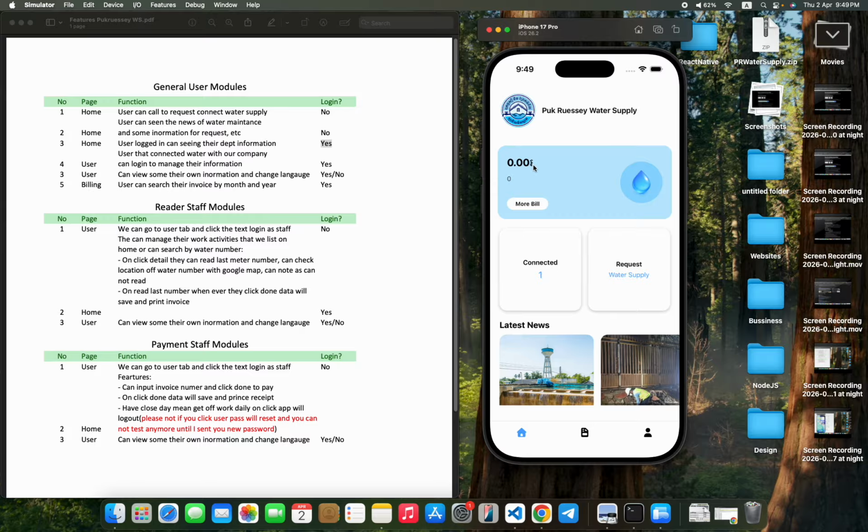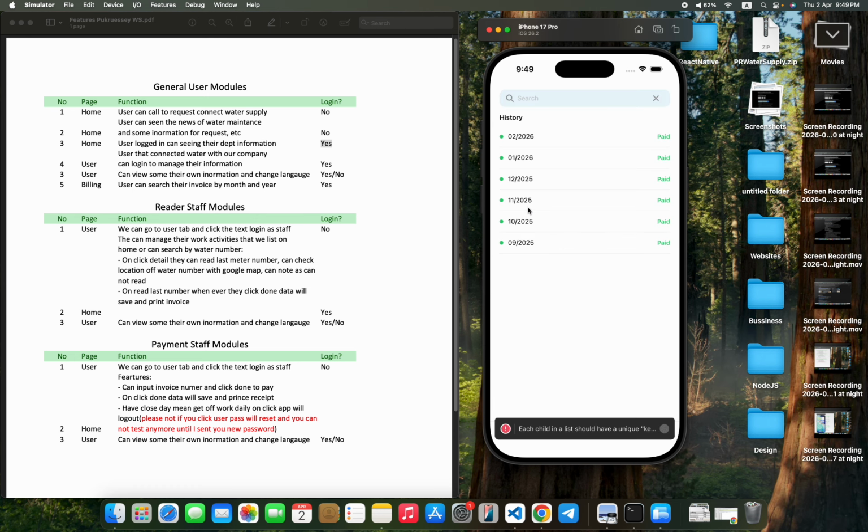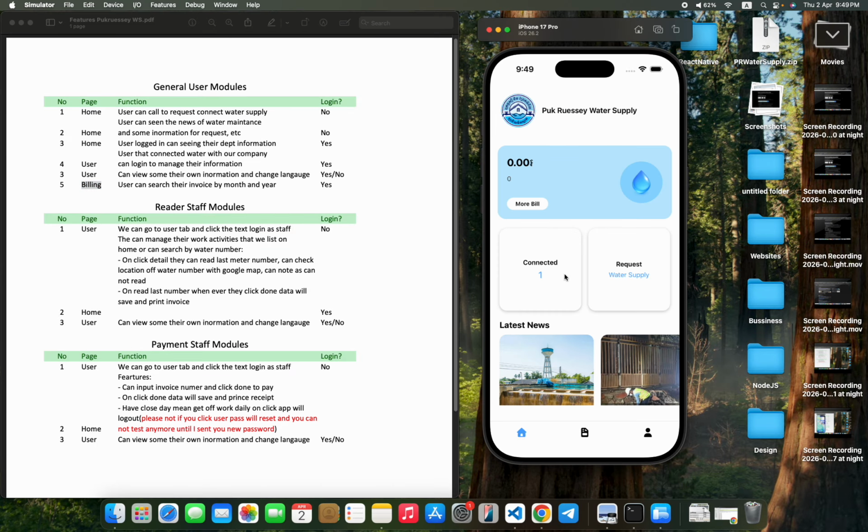They will see the calculated money in here, and they can click more bill. The more bill is over here, number 5. I will talk about it later. And this is just some information that they connected one account.